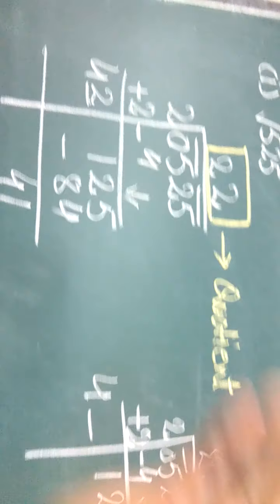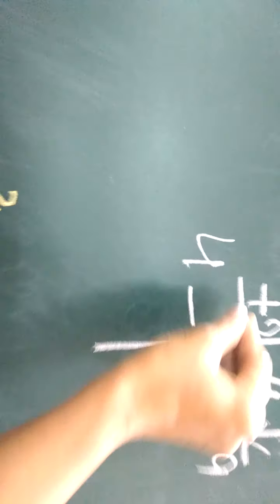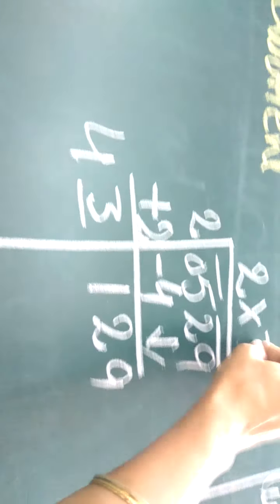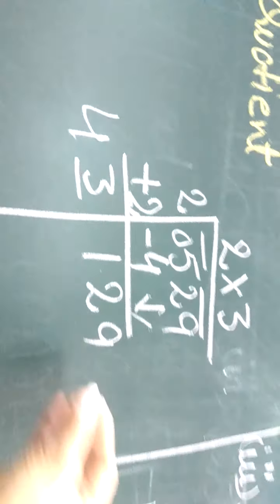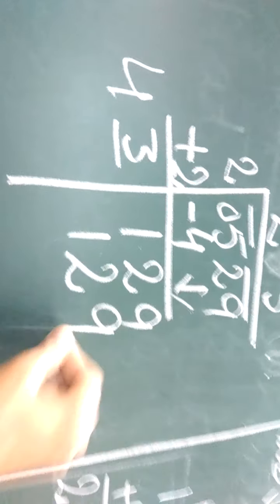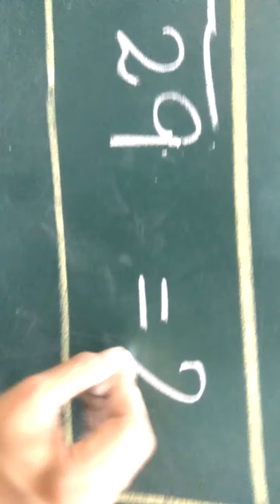But now we have already added. What will happen by adding? We will get a greater number. So what comes next after 2? 3. We'll take 3. And when we take 43, we have to multiply this number by 3. And 43 multiplied by 3, we'll get 129. So in this way we made it a perfect square. So square root of 529 is 23. So this is the answer.